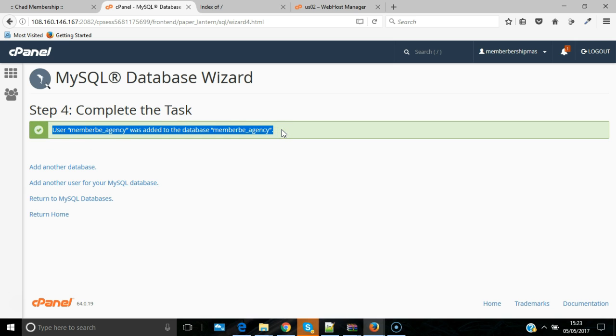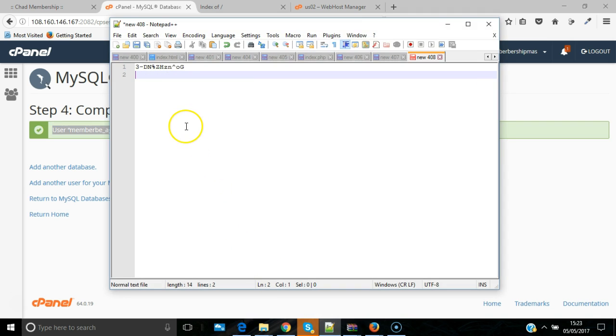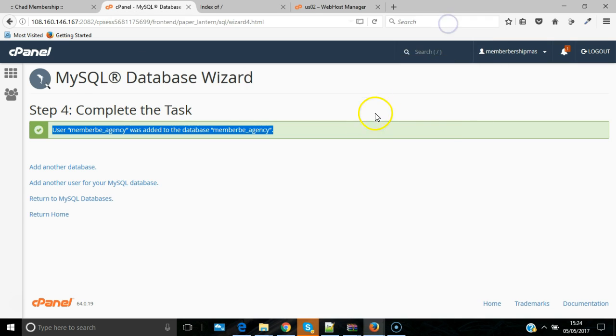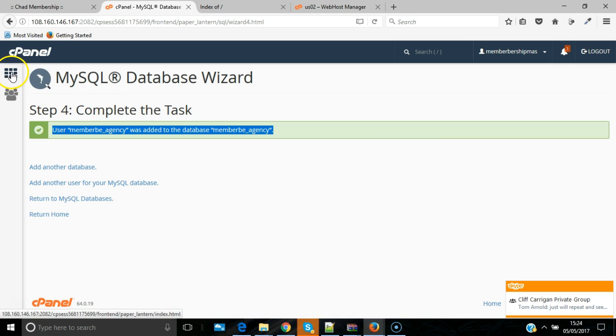So what I tend to do is just copy that, like I've done with the password, here into a notepad, or in this case I'm using a Notepad++ document, because I'm going to want to copy over the database name and the database user and this password a bit later. So that's that part finished, but I need to now go back